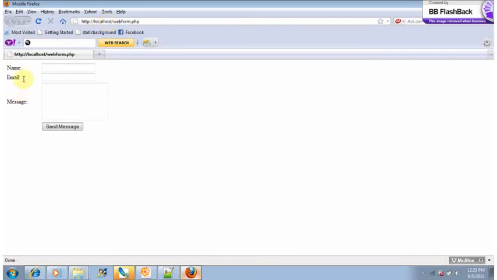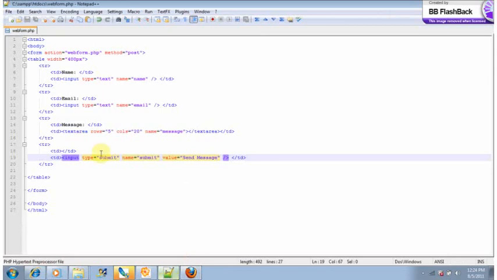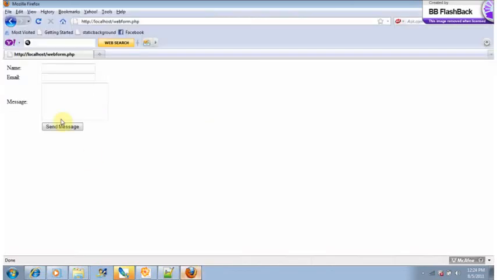Alright, you see you have the label name, the input field for it. They can go in and type whatever they need to type. And we have a submit button. So nothing happens because we haven't coded the PHP script that's going to process the information. But so far we took this and turned it into this. Okay, so I hope you were able to follow along, and I'll see you in part 2 where we go ahead and set up the